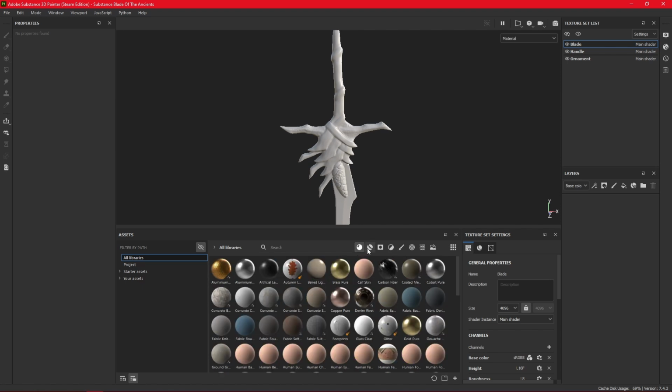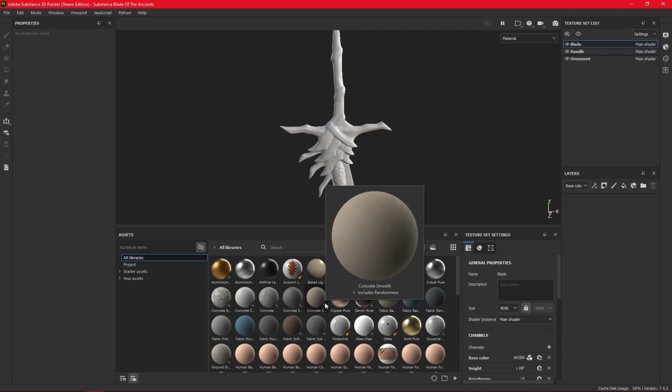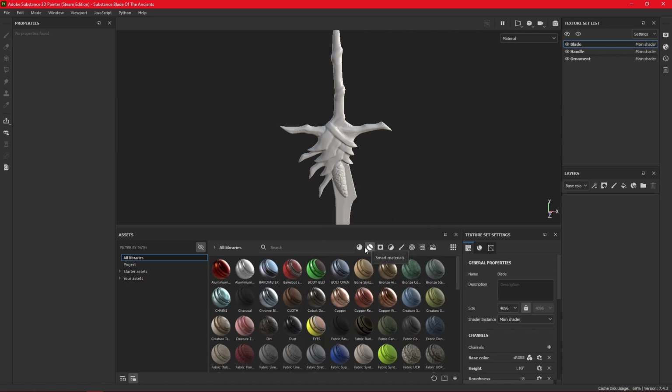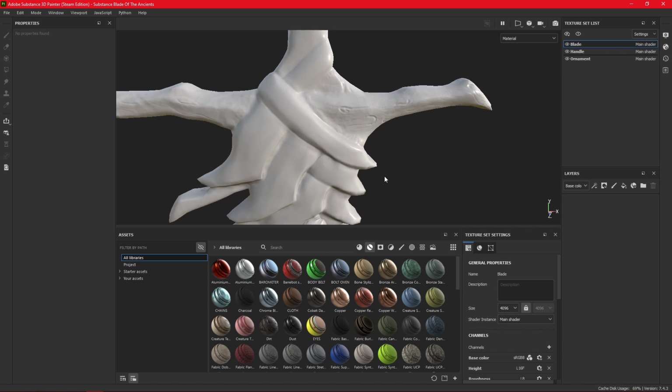The difference between those two: these are one-layer materials, so what you see here is what you get. Smart materials, on the other hand, are amazing because they also use different procedural or automatic effects based on your baked mesh maps. For example, it will give you some of the dirt on the edges automatically. It will literally follow the geometry of your object and add detail based on it. All of the materials that I'm going to use are available by default,